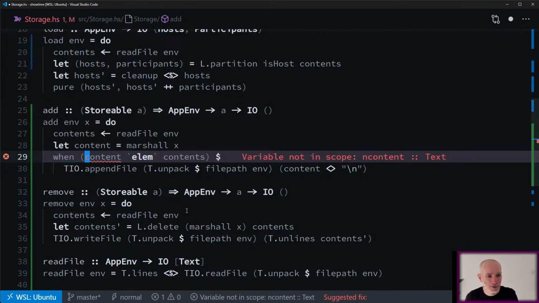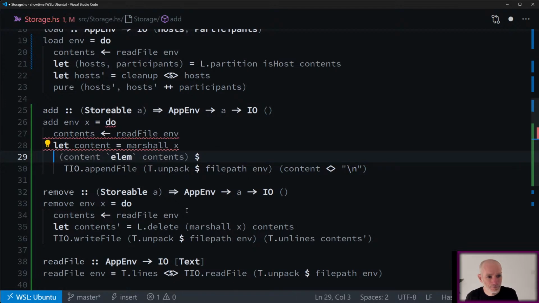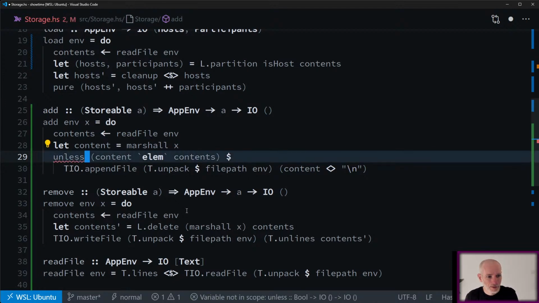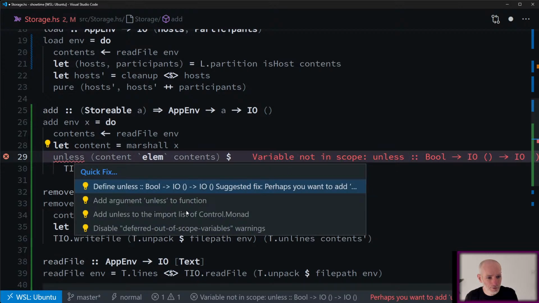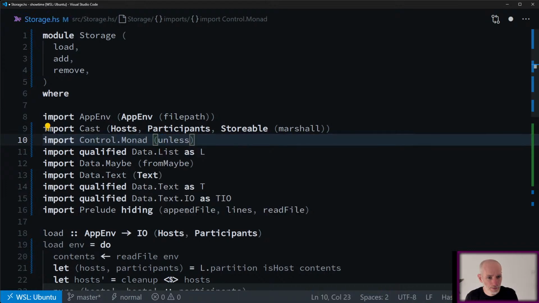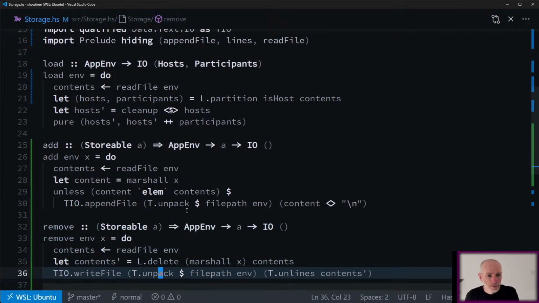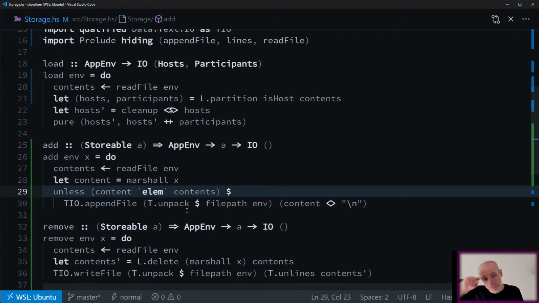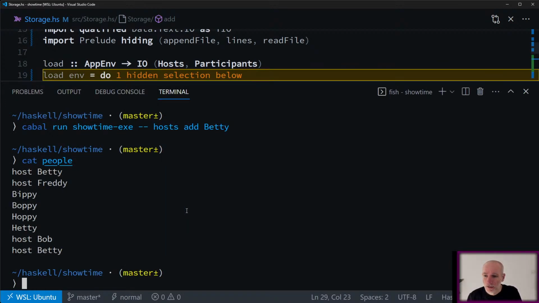Unless. Oh, cool. I did myself a helper as well. Unless that thing. Yeah, and then we'll do the when. So when it doesn't contain the element, unless it already contains the element, then we're going to write it. Yeah, but you found when it's not an element. You're correct. I got there eventually.